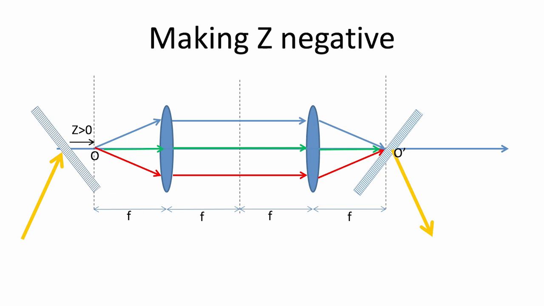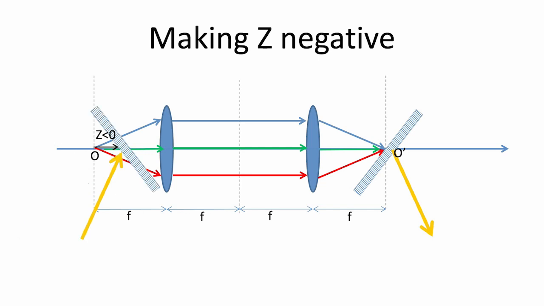Now, next slide. If I move the grating in the other direction, what you see is a lack of distance here where the pulse should have traveled to keep zero equivalent distance. This means this is a net negative distance. This is the way you get negative Z. This pulse lacks a travel distance Z between the focal plane and the grating to get zero at the end. So this is not zero, this is negative.